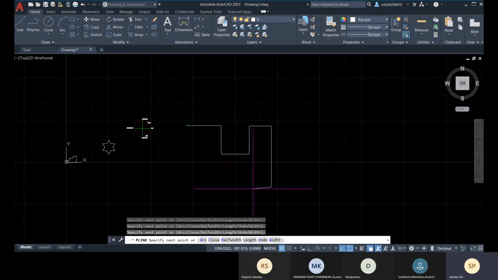I'm right now tracking these snap points, these two snap points where it will meet. For that snap tracking, I have to turn on F11, that is the function key for object snap tracking, so that I can easily track these intersection snap points.